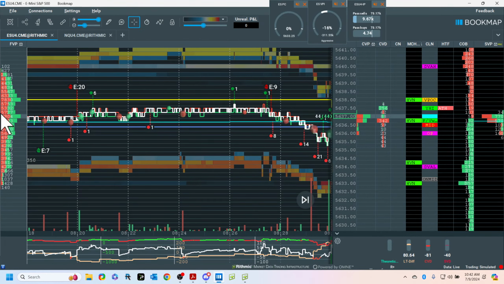There. This yellow line represents the highest volume in the ETH. So why would that be important? What it is showing us is as we go up in price, and I believe the overnight high is up here someplace, there's less buyers. If we rotate down in price, most of the volume was done right here,